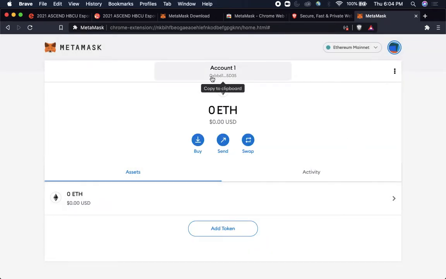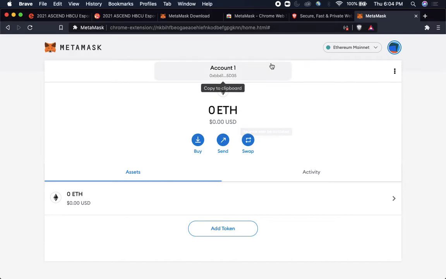You'll notice that there is an address here. That's kind of the digital version of my social security number or the address for my wallet. There is no Ethereum, which is the cryptocurrency for this wallet, because I just created it, right? So it's 0 Ethereum, which is worth $0 US. So I don't need to do anything with this because we're not trading crypto, but it's good to know that